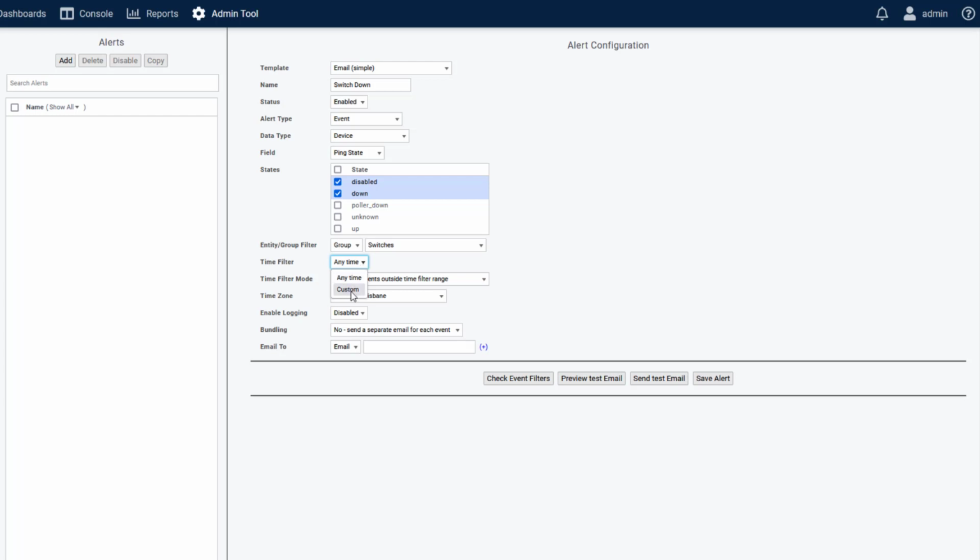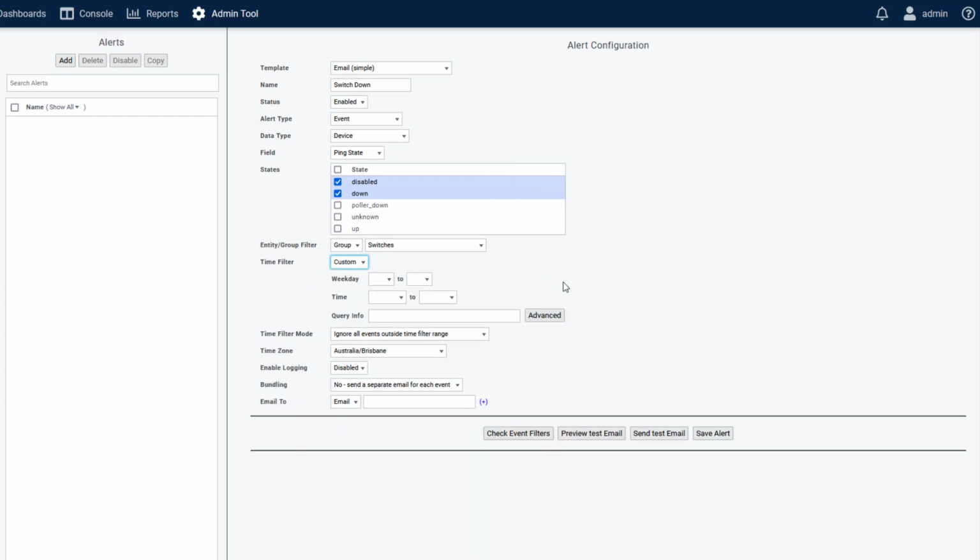We have the custom option here, which allows me to configure a basic time range and an option to head off to the advanced time filter editor to create and test a complex time filter. You'll want to use this one if you need to include multiple ranges or exclusion periods in your time filter. Again, there's doco and video around doing each of those things if you aren't familiar with the advanced time filter